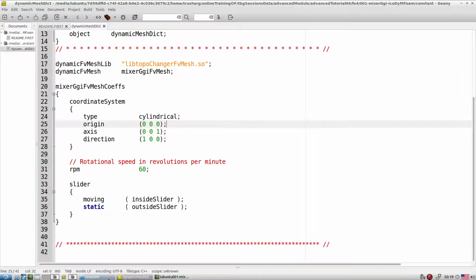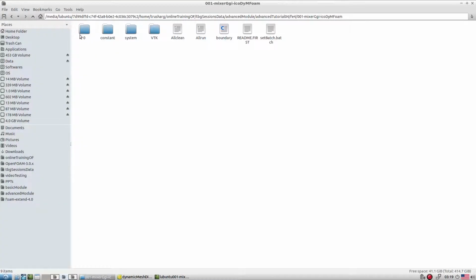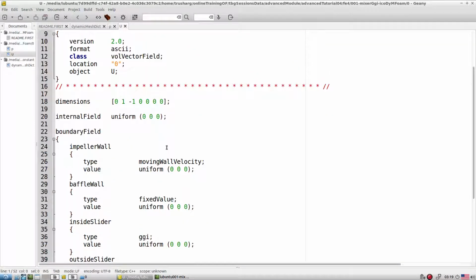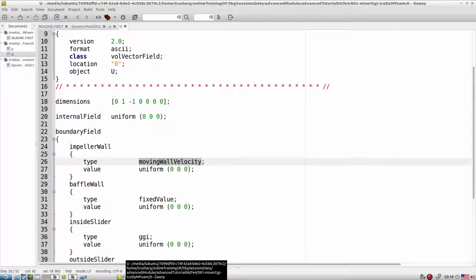Then we also have to set the boundary condition properly. So let's look at this portion. As far as the boundary condition is concerned, we have a couple of options available. We have moving wall velocity, that is one option. This takes into account only the normal component when the mesh is moving. Then another option is rotating wall velocity. Let's first quickly check where this option is available, so you have an idea, then we come back again and explore things.